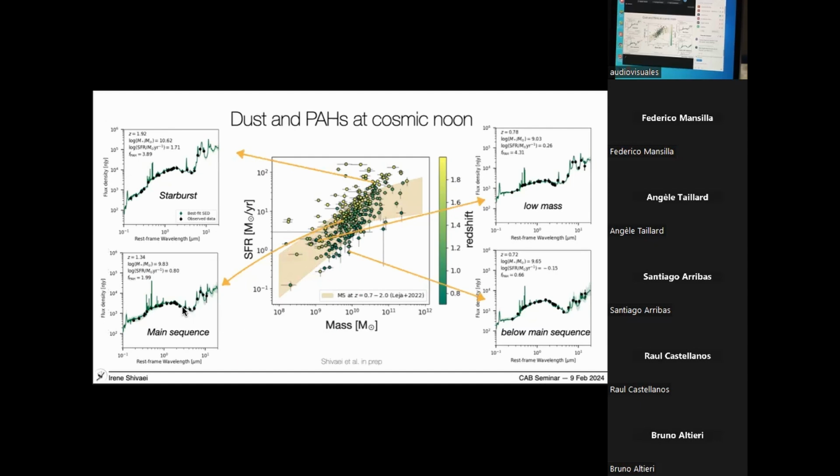So main sequence, we call it for typical galaxies at different redshifts in terms of their star formation and stellar mass. The typical ones we call the star-forming main sequence. And one of the quantities we can very well measure with this data is the mass fraction of PAHs in the galaxies, which is coming directly from the mid-infrared constraints from MIRI.